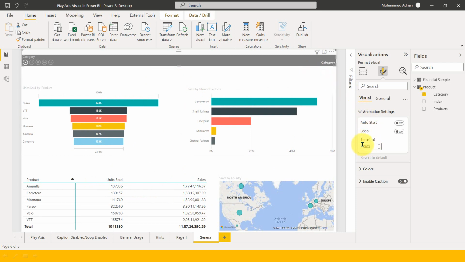The timer is too short here, so I'm going to switch it to 2000 milliseconds. It is actually 2 seconds, since 1000 milliseconds is 1 second. So now I'm changing it to 2 seconds. If I click on play again,